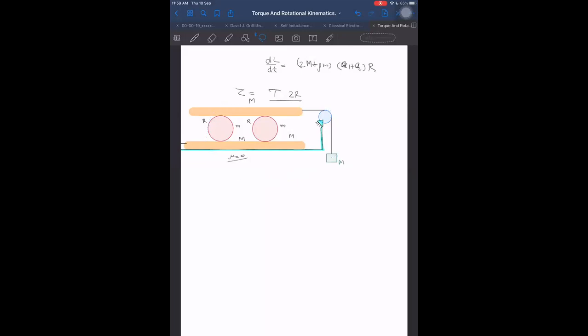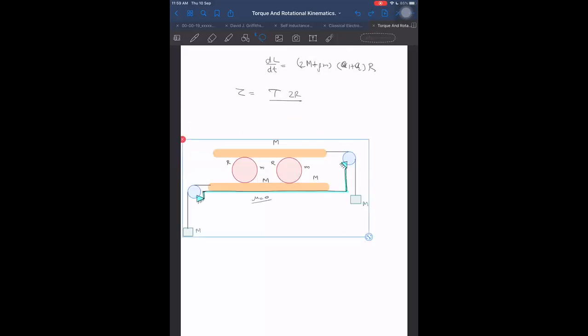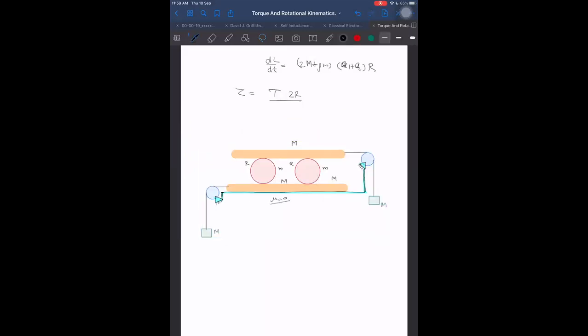What should I do now? See what I have done here. This is a symmetric diagram, first of all, that I'm telling again and again. It is Mg. Do you think that I can take M by 2 g and plus M by 2 g? Means Mg, I want to analyze 50% part at a time. So if I take 50% part at a time, then it will be M by 2 g.